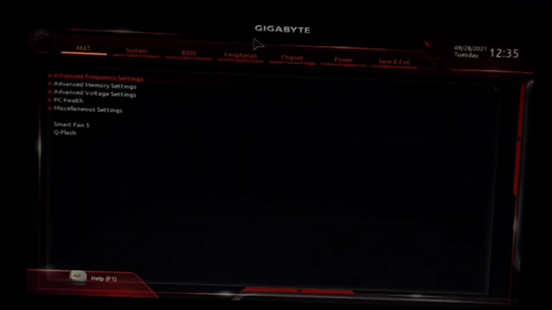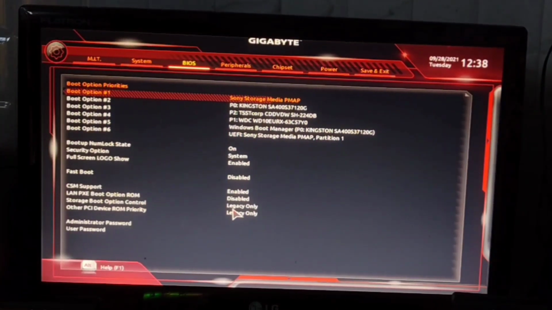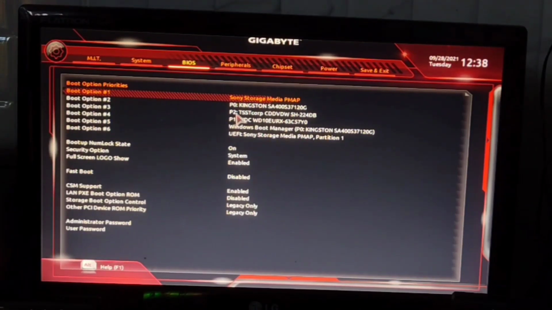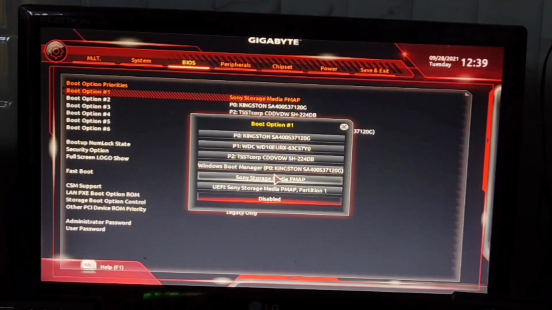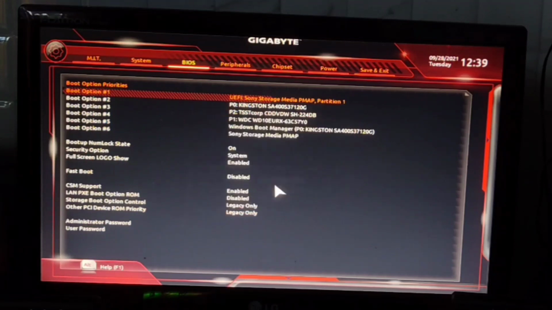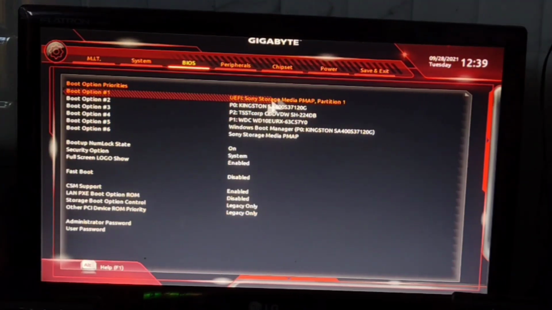That is my BIOS, my Gigabyte. In BIOS, select the storage device. Your pen drive should be the first boot priority option. Select that as your first boot priority option and press F10 and continue.